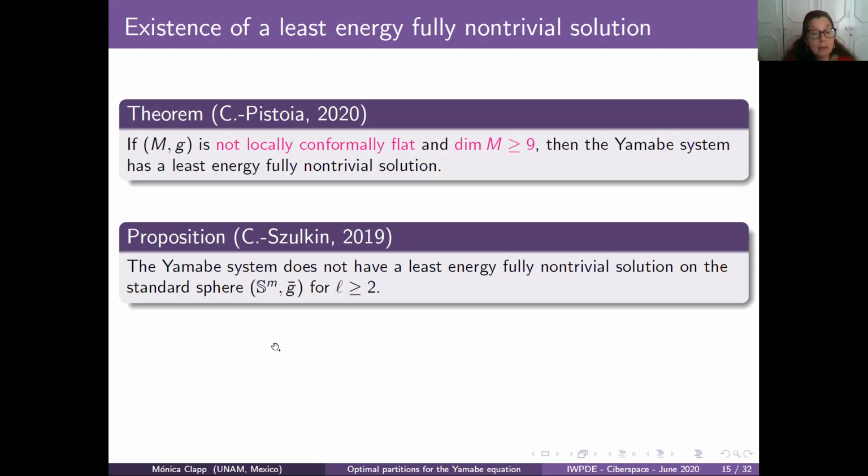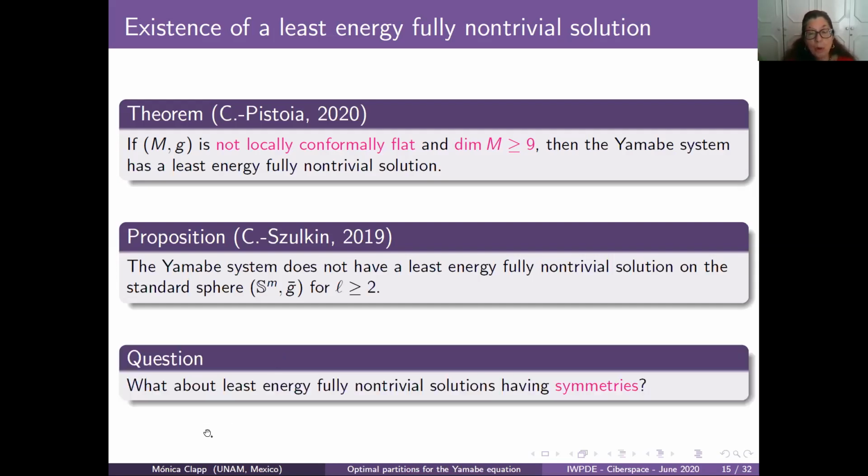We know that there are no optimal partitions on the sphere, but let us take a closer look at the system. The reason why one does not have a partition on the sphere is because there is no compactness, and because we have this invariance under dilation. So let us try to put some compactness inside the sphere